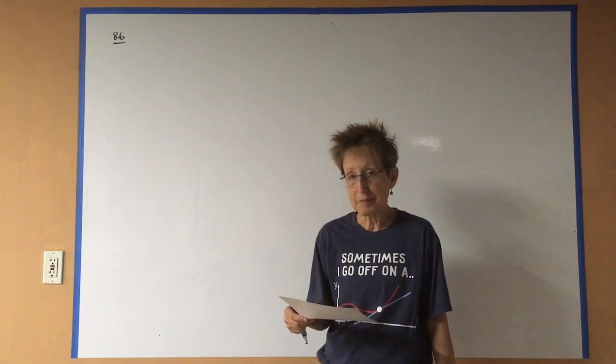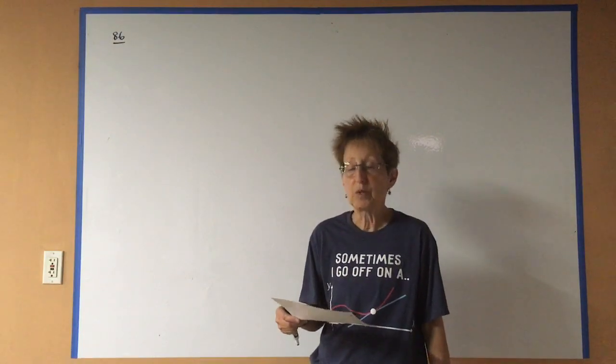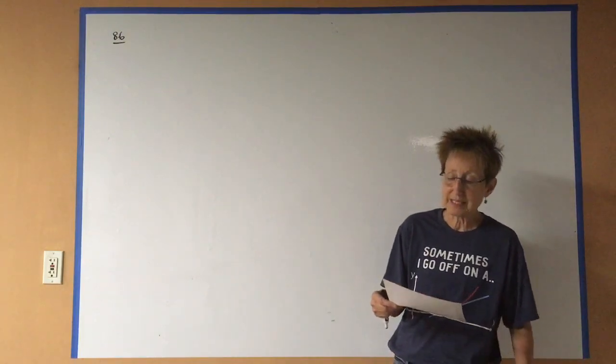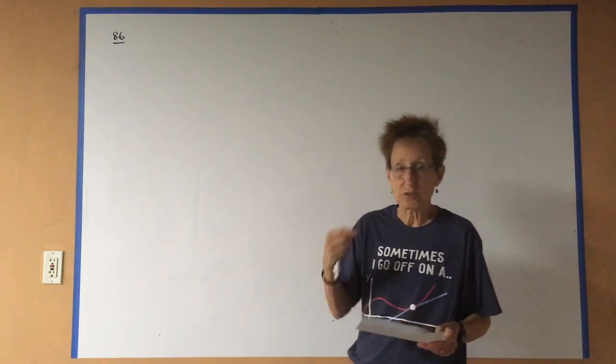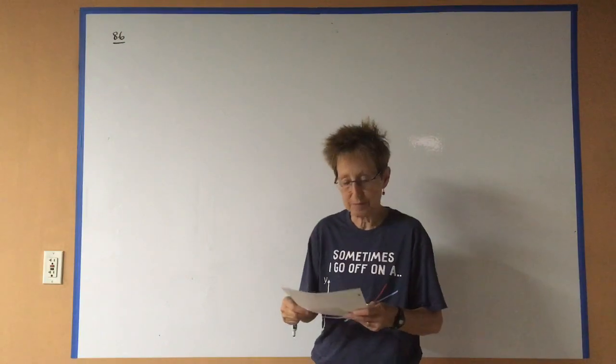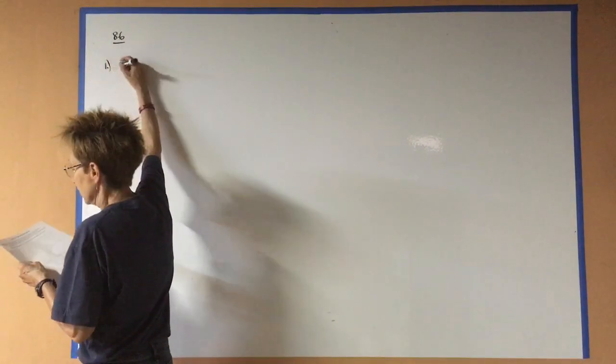Extraneous solutions, remember those things where they aren't really solutions? They can happen when you solve nonlinear equations, nonlinear systems, which means that you have to check all your solutions. You have to make sure that they work in both of the equations. So I have just 3 examples here that we're going to take a look at, and then we're going to quit. So this first one,